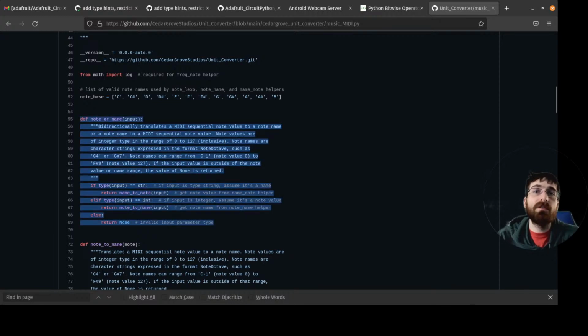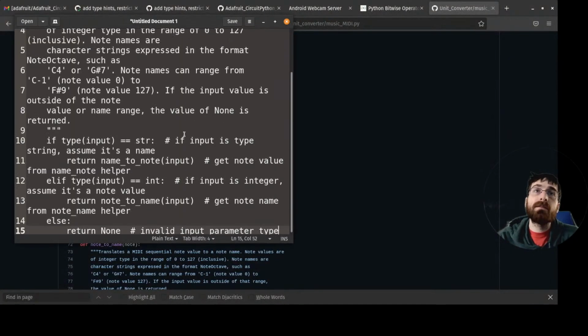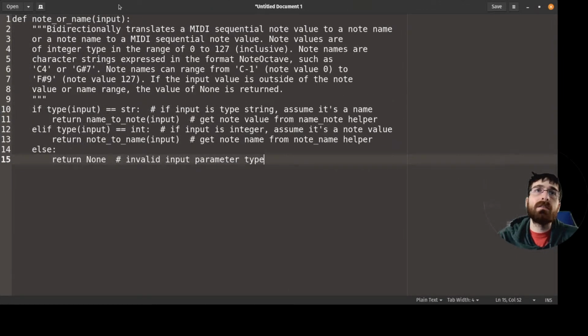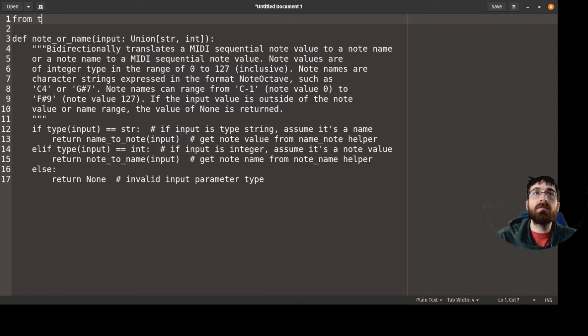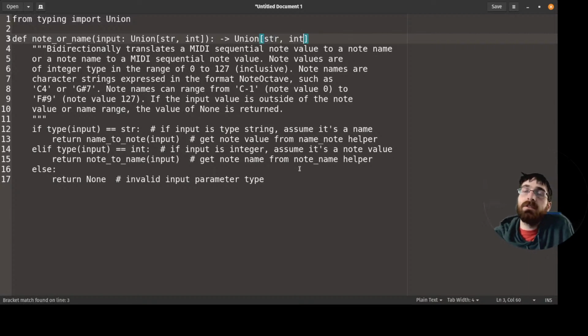So I think it would be, boy, that's ugly, huh? So for input, I think this would be like union. You can use union. We want square brackets, union, square brackets, and then the types: string, int. And union gets imported from typing. Import union. And return also, because this one basically converts back and forth, so the return is also the same thing. Union, string, int. I don't know, the order probably doesn't matter. You could do int, string. I think that's how it would go.